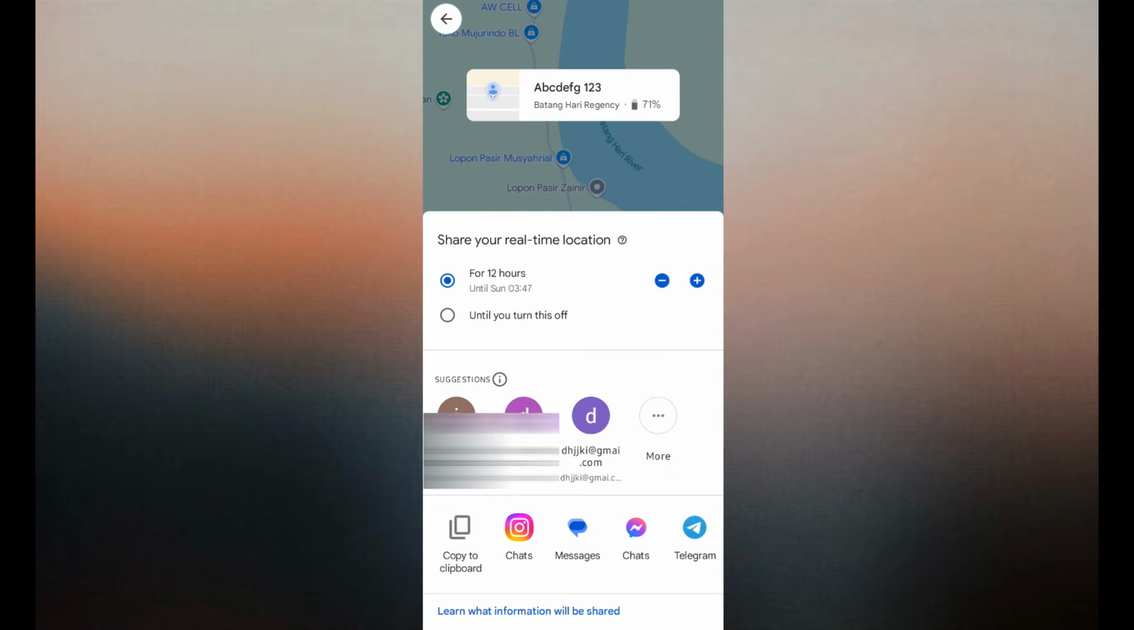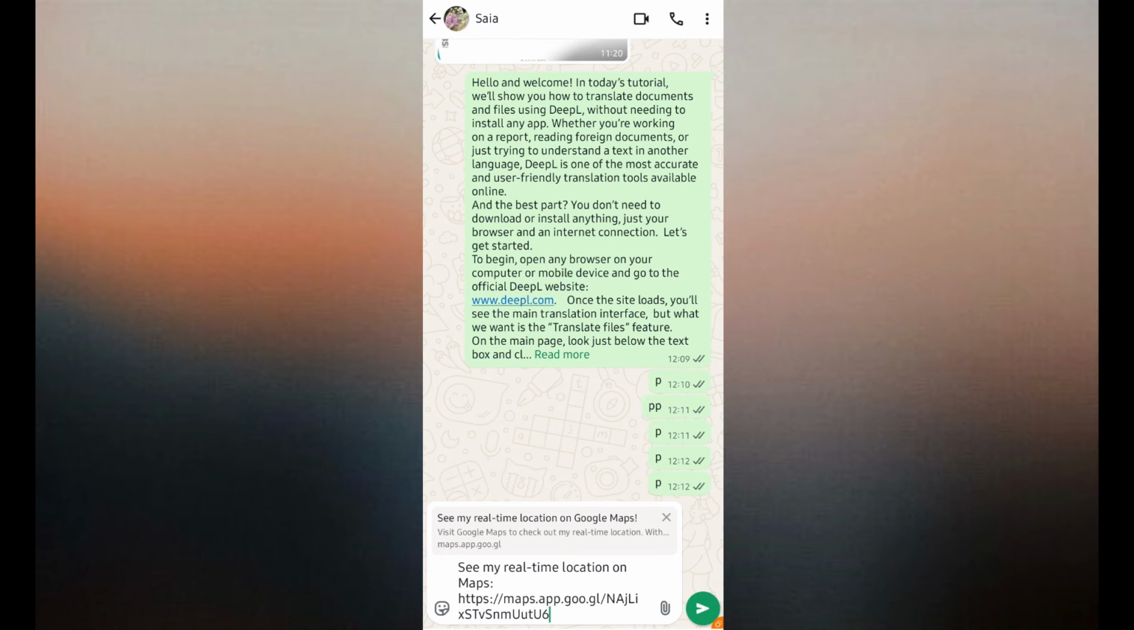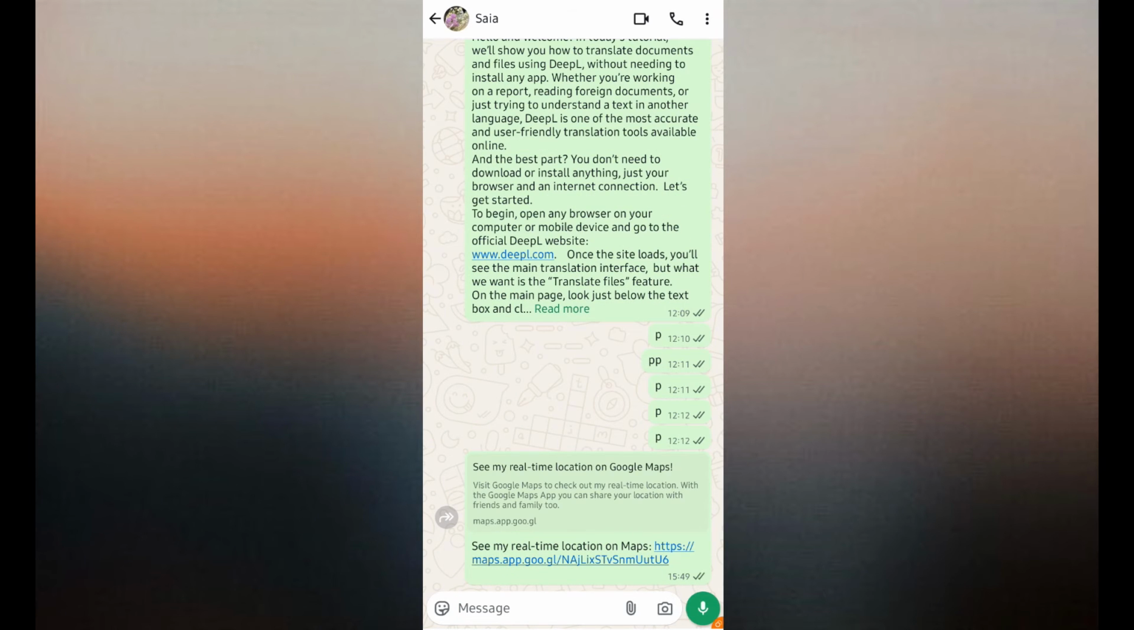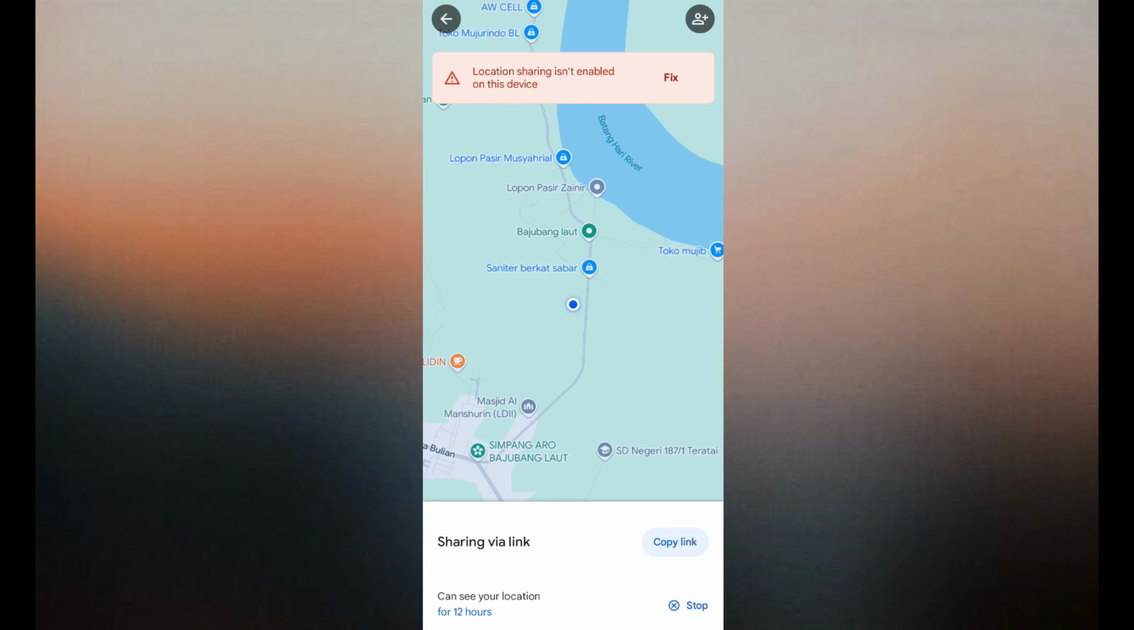You can select people from your Google contacts, or you can send a link via apps like WhatsApp, Messenger, SMS, or email. You also have the option to allow the person to see your name, battery status, and location in real time. Stop sharing your location at any time by returning to the location sharing screen and tapping stop next